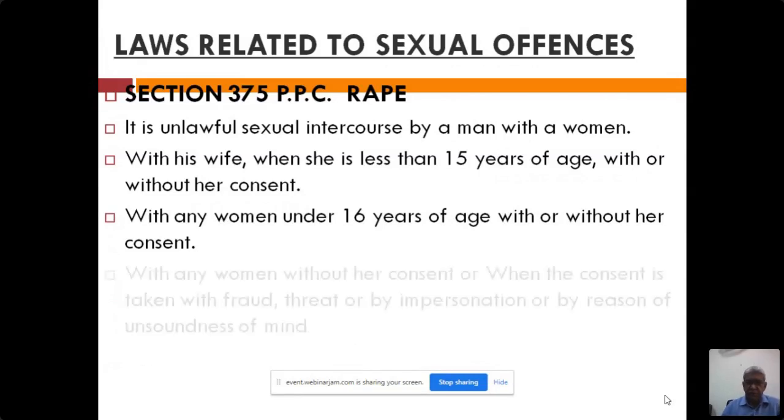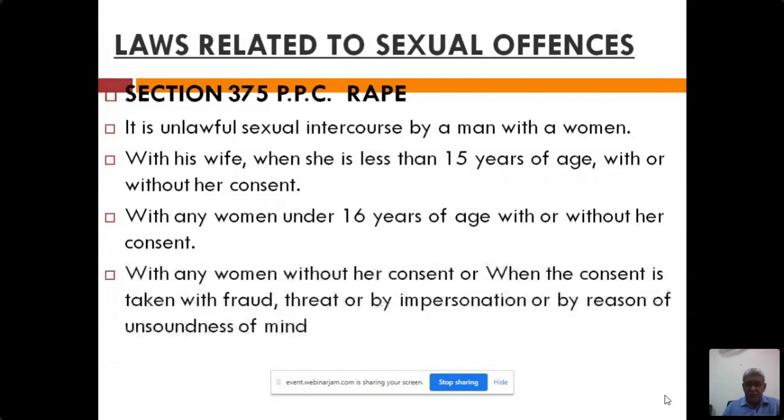In the third situation, with any woman whose age is above 16 years, but the sexual activity is without her consent, number one, or when the consent has been achieved, but this achievement of consent is with fraud or putting the female in fear or by the act of impersonation or by the reason of unsoundness of the mind. So these are the four conditions in which